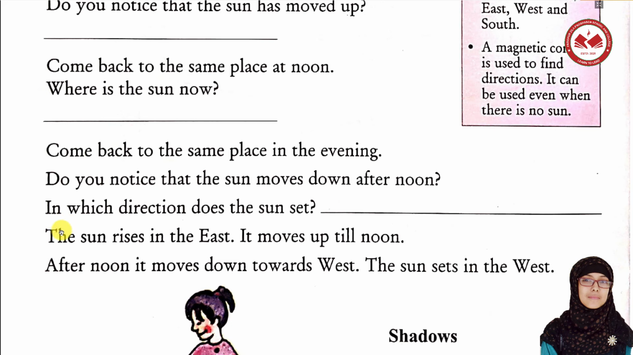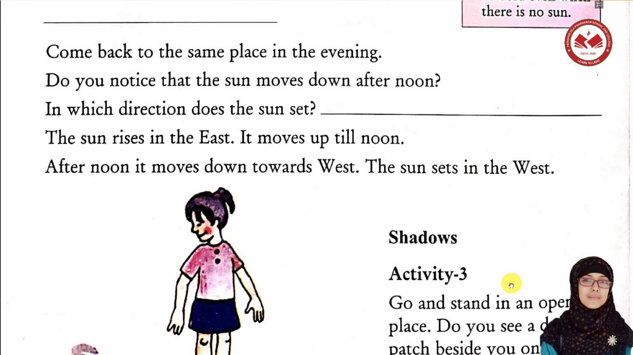So point out these two lines. I repeat, dear students, these two lines are the most important lines here. So we have learned that the sun rises in the east, it moves up till noon, after noon it moves down towards west, the sun sets in the west. So we have proved this, right? Okay, so